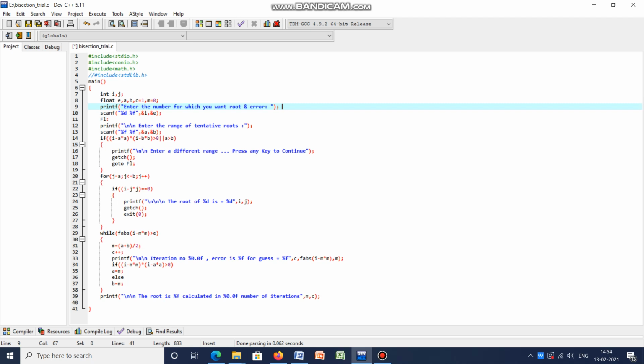Then I can ask the user, भाई आपका तो नंबर दोनों एक ही साइड पे है, so you enter another range. Another condition is A greater than B, meaning I want B greater than A. जाके रेंज का नेक्स्ट स्टेप मालूम पर, if A is one number, the next step is B number. But if user intentionally गलत नंबर गलत सीक्वेंस पे एंटर कर दे, and tells me that आपका रूट का रेंज है 3 and 2, then it will be a problem for me. That's why I have taken this in this fashion.